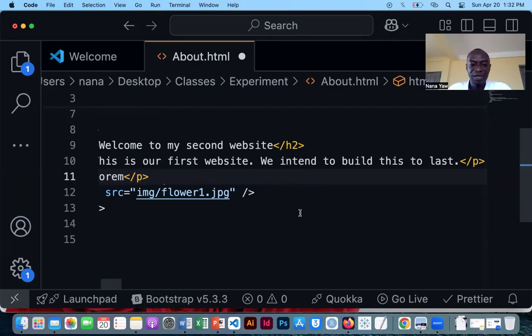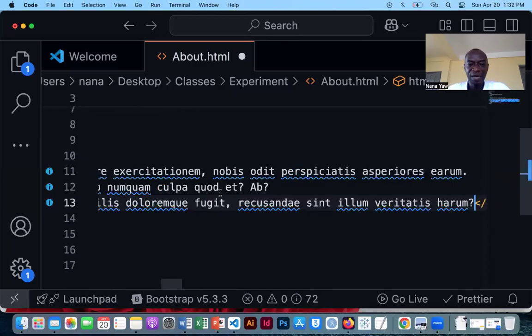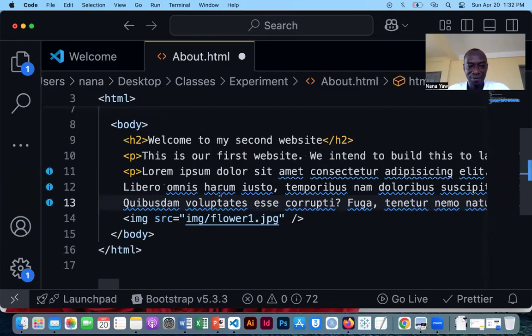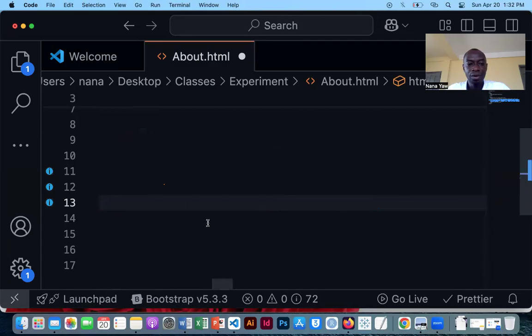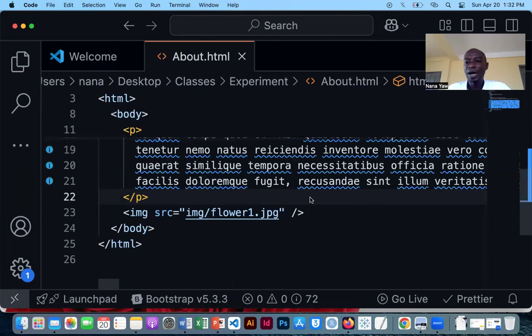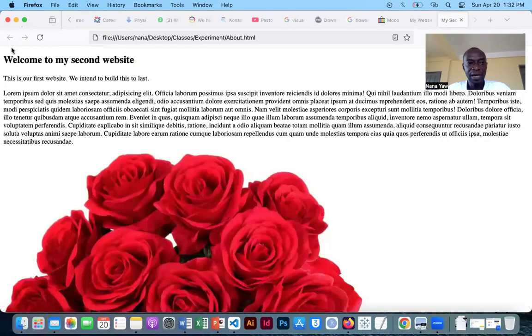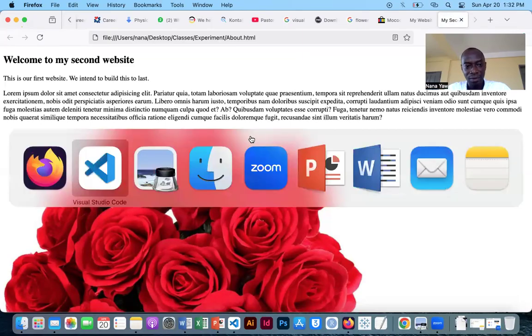If I want to restrict it, I just specify a number of items there. And if I want a specific number of lines, I can say lorem 3 lines. And it's giving me exactly 3 lines. So it's a very cool tool which you can use. And that's why I say use the right tool for the right job. It makes your process faster. So when I come here and hit it, it gives me exactly the number of lines I want